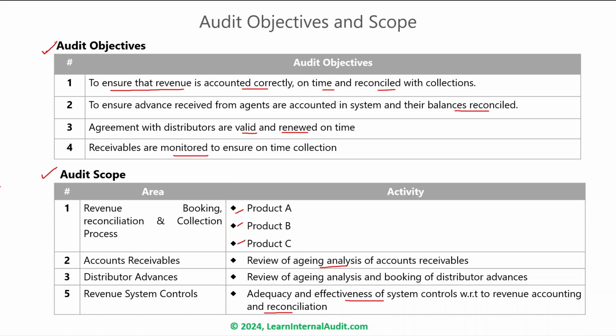You can also include the exclusions. For example, if a certain area is excluded from your scope, ideally it should be a part of the scope, but it has been excluded because of a management request. So you can add a statement showing the exclusions to the audit. And you can also add the period of review that you have covered for this particular scope. So you may have started it from January and done it till March. So you can write that the scope has been reviewed for the following period.